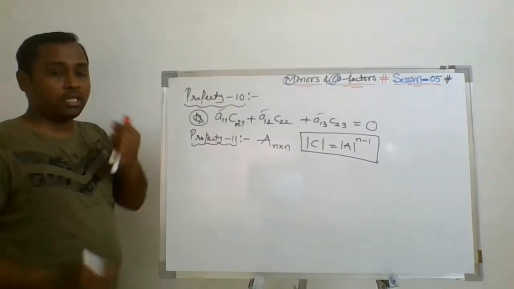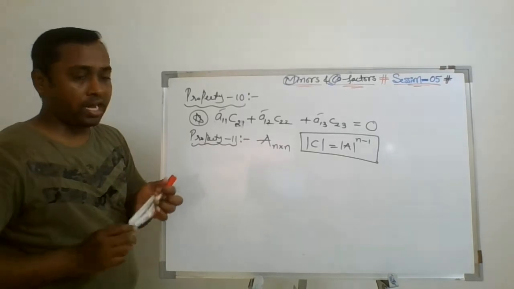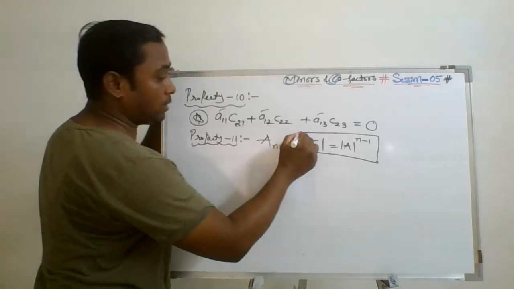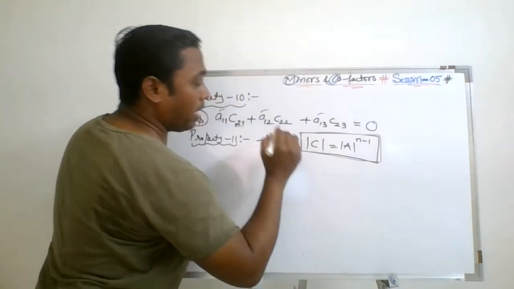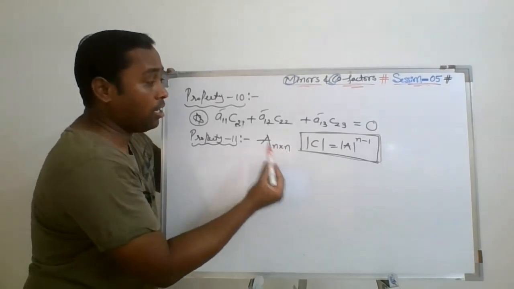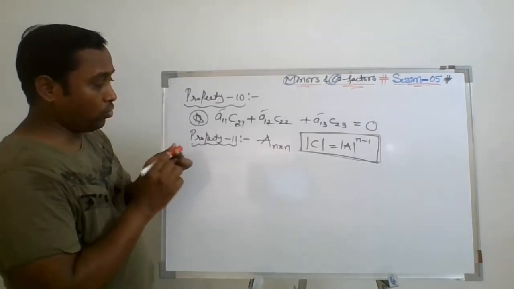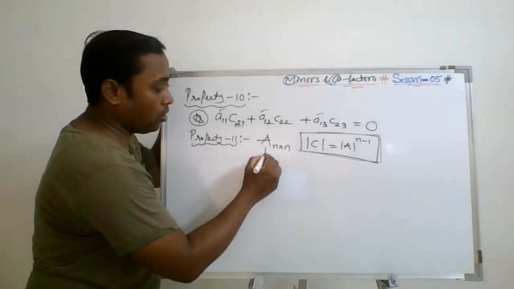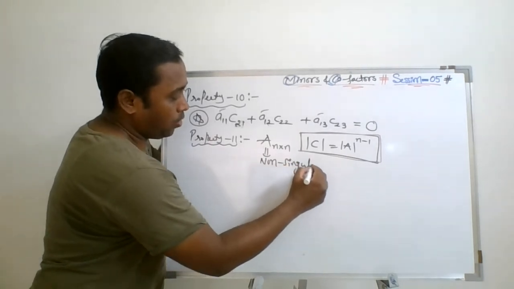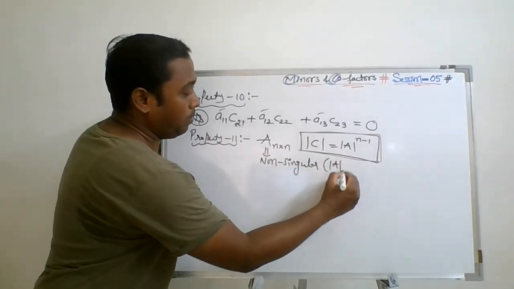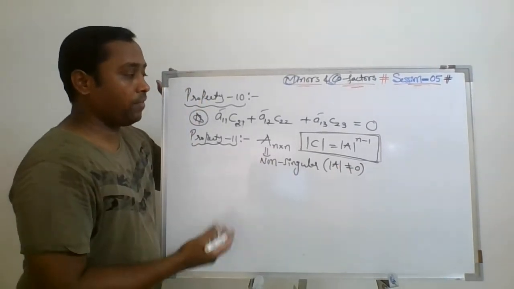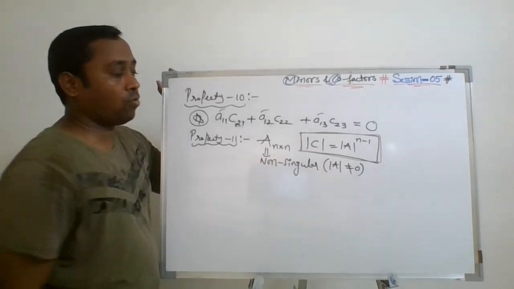Okay, so most important, and based on this many times 2 marker questions, sometimes 4 marker questions are also framed based on this property. Property number 11: if A is a square matrix of n by n which is non-singular, we need to remember that it needs to be non-singular. What do you mean by non-singular here? Non-singular means the determinant value is not equal to 0, right? If it is that, so ultimately det C is equal to what?